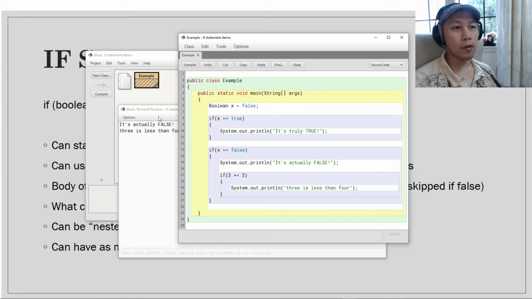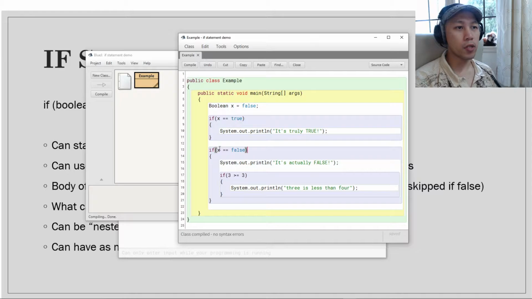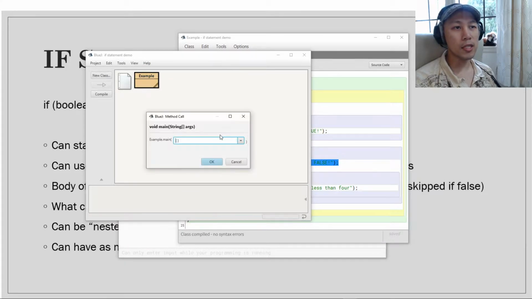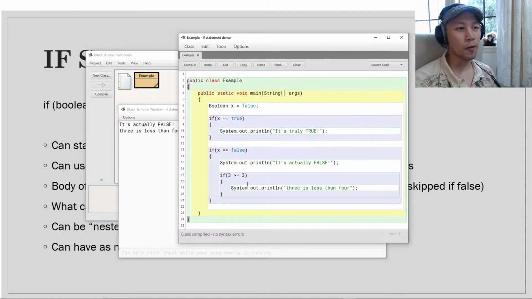Okay, now what this is saying then is if we were to get into this if statement and we were to run the Boolean, then we have another if statement that is executed. When we run the statement, then we run another if statement. Okay, so let's execute this, and we get it's actually false, 3 is less than 4, cool. And if we change this to true,